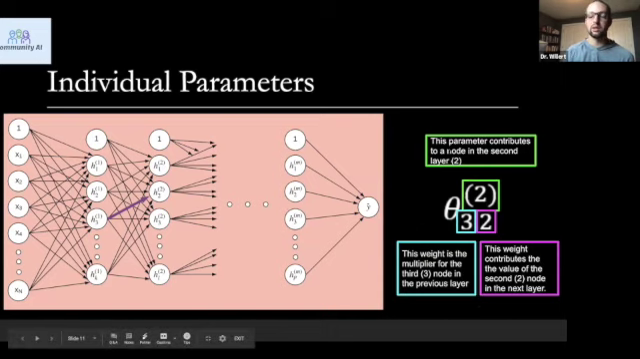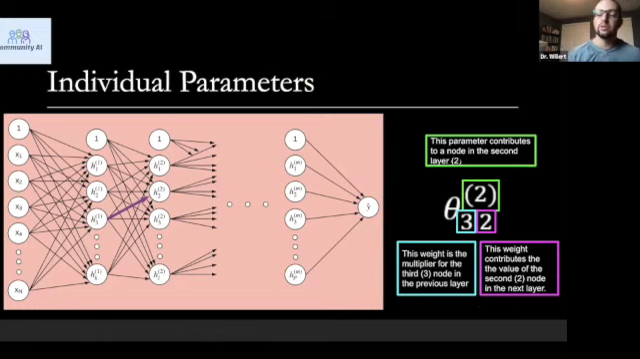The 2 that's in parentheses as a superscript indicates that the parameter contributes to a node in the second layer. And this 3 represents that the weight is for the multiplier from the third node in the previous layer. Again, this connects from h31 to h22, so the 3 comes from this node in the first layer. And then this final 2 as a subscript is because we connect h31 to the second node in